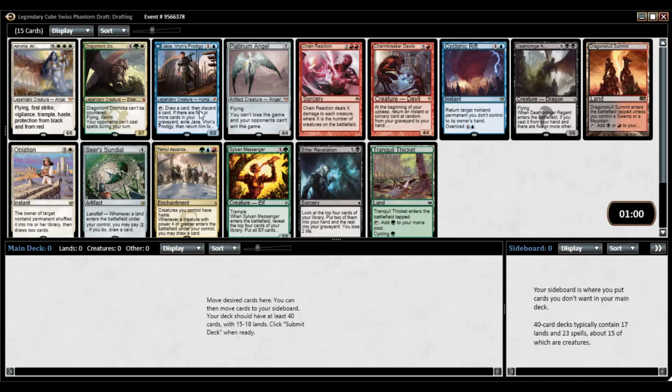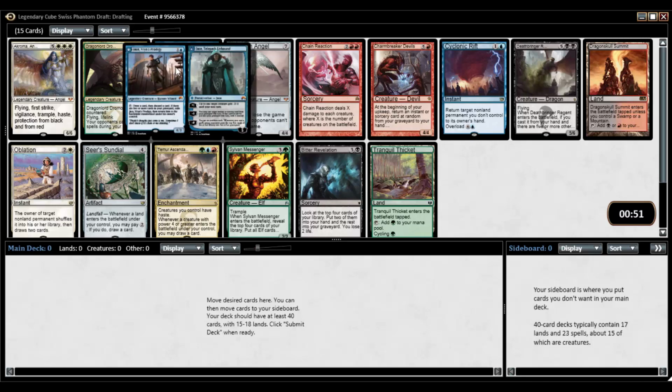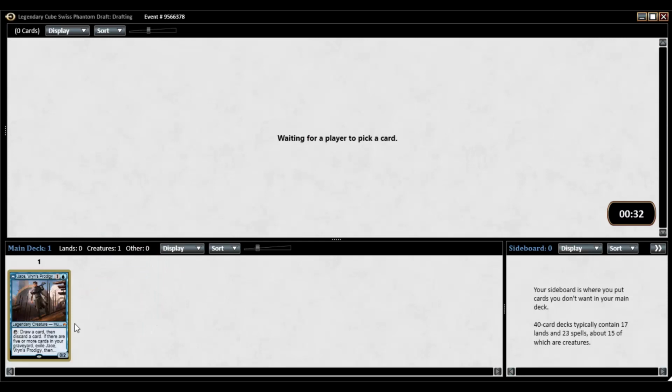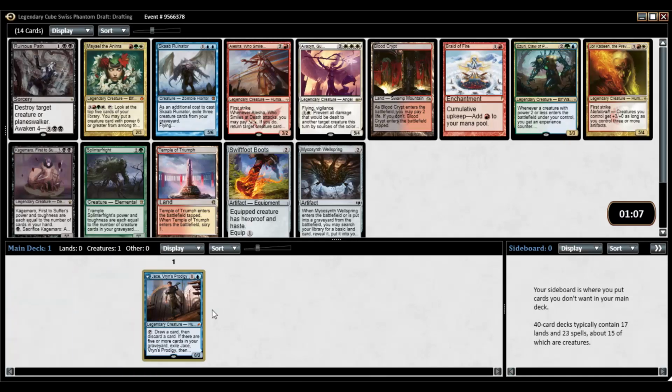Here I'm looking at Jace Vryn's Prodigy. This format is full of 6, 7, 10 drops, so having a Jace Vryn's Prodigy around to do something on turn 2 is pretty great. And he's pretty strong. On top of that, there's Sylvan Messenger, because there is an Elves deck. Cyclonic Rift, I expect to go pretty early out of this pack, because it's probably the second best card in the pack after Jace. But yeah, we're going to take the low drop creature,